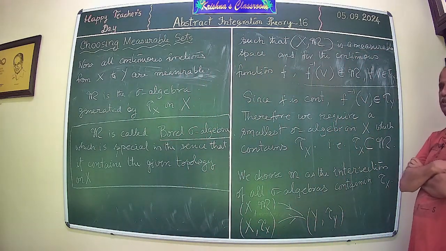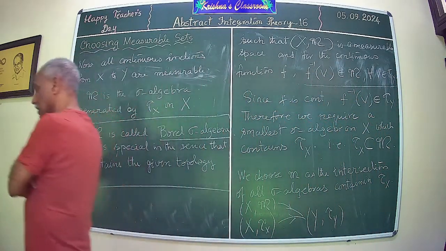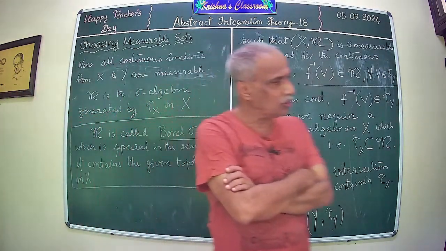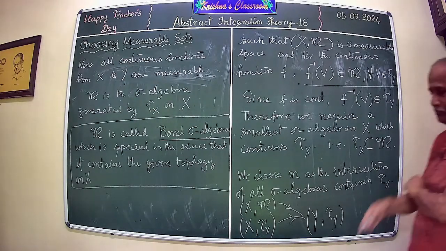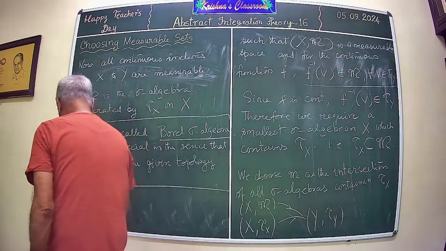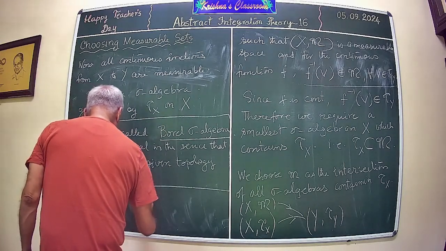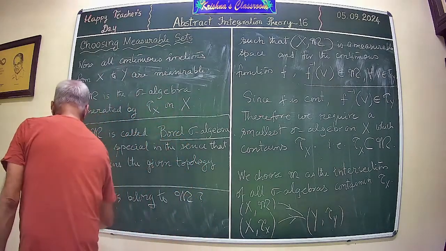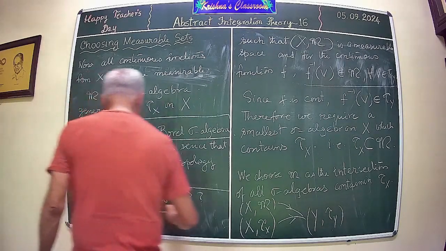That assures that all continuous functions are measurable. So that means a large class of functions from X to Y are now measurable, and that is the least, the minimum that we are asking for. And in fact, much more happens here. Okay. Now, M is not the whole of tau X. So, what is the structure of M? This is what we want. Which sets belong to M? This is the question that we are asking.